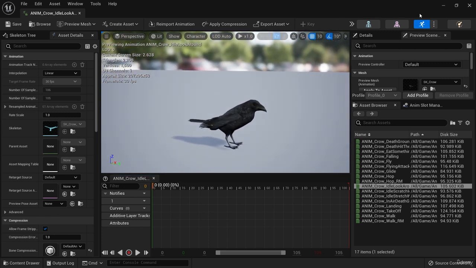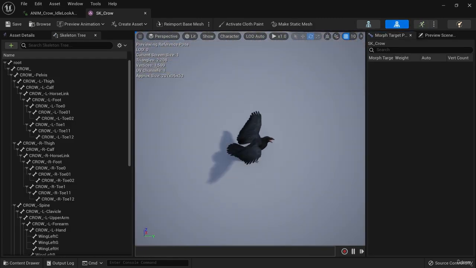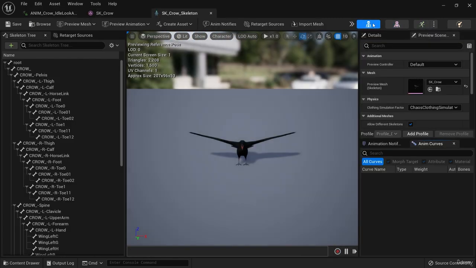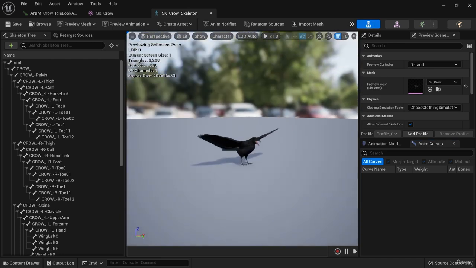And at the top right of this animation editor, we have other icons that allow us to go to the skeletal mesh or the skeleton straight from here. If we click on this icon here that says SK Crow, we go back to the skeletal mesh editor. And if we click on this icon that looks like a skeleton, well, now we're just looking at the skeleton